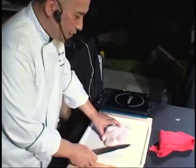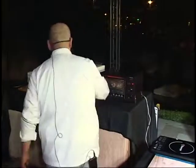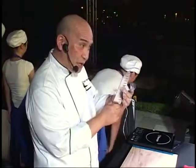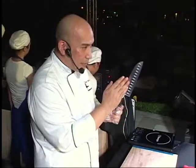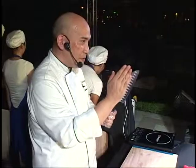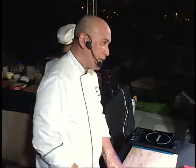Okay, but when I'm doing this, can I have gloves, please? Like a blade, right? Very sharp. As you use it, it's still sharp, but the blade curves. It's still sharp, but it curves. And when you start cutting, it's like it's